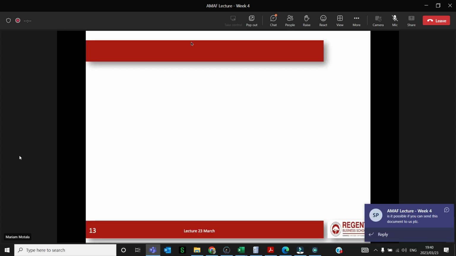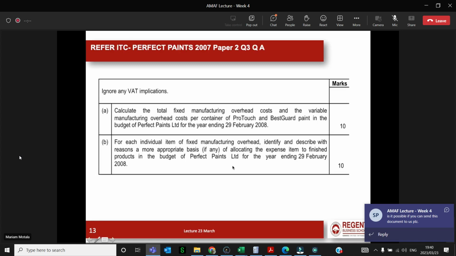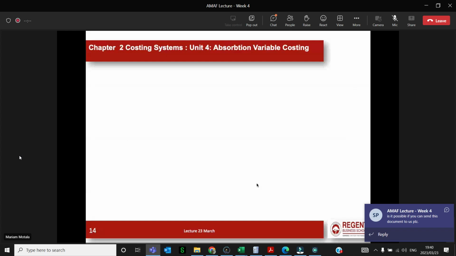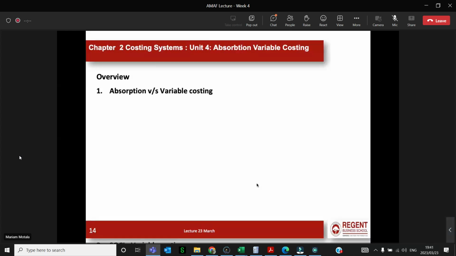Right. So it was the A part that I wanted to look out for, which is the total fixed manufacturing overheads and the variable manufacturing overheads. Right. In absorption variable costing,